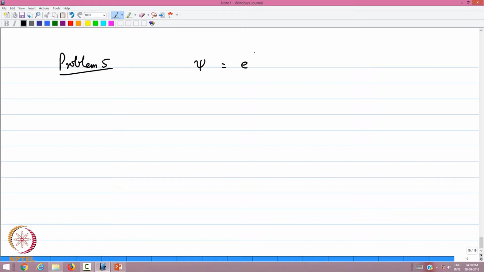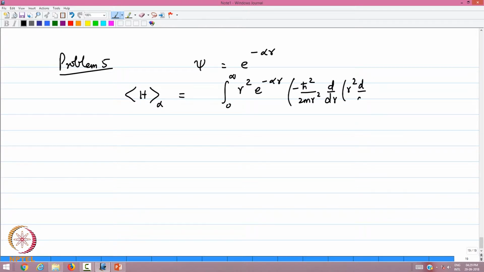Psi is given as e to the minus alpha r, and the expectation value you are supposed to calculate as a function of the parameter alpha is for the operator from 0 to infinity r square e to the minus alpha r, and the hydrogen atom Hamiltonian that you need to worry about is only the radial part: minus h bar square by 2 m r square d by dr r square d by dr acting on e to the minus alpha r